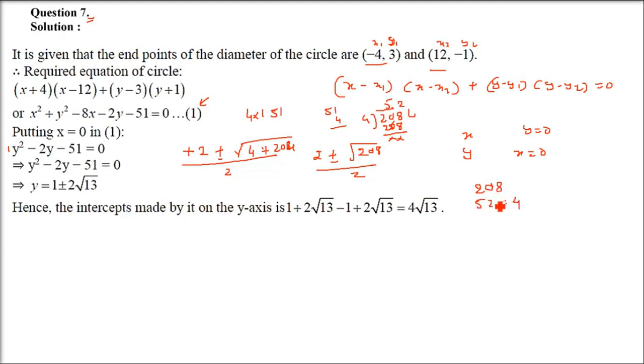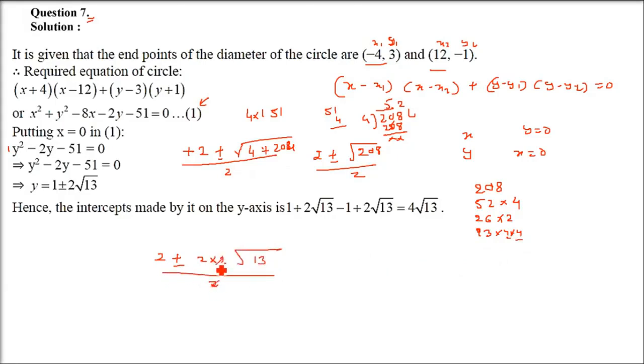And 2 will come out. But still 52 can also be converted. It's 13 into 4. You can again divide it. So 26 into 2, it is 13 into 4 into 4. That's what I was saying initially. So you have 2 plus minus under root. So you have 4 and 4. So 4 will come out. This 2 and 2 will come out. Actually it's 16. So 16, 4 will come out.